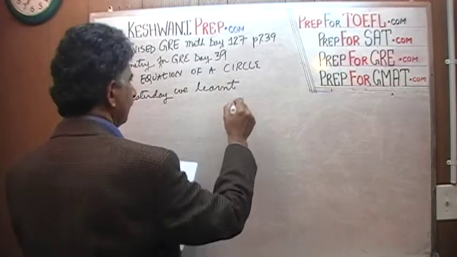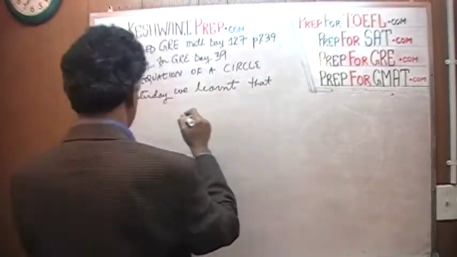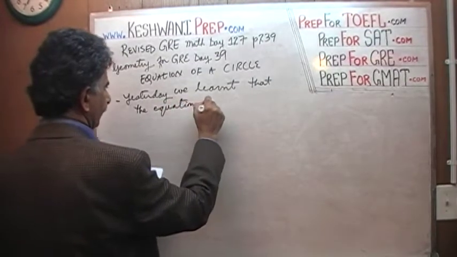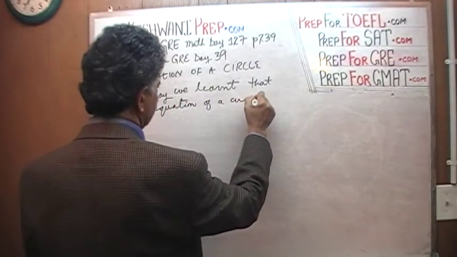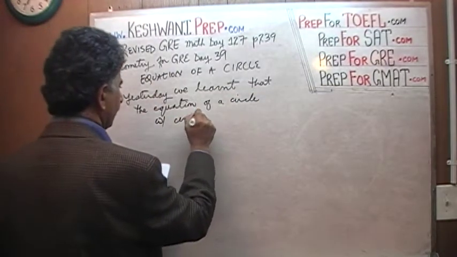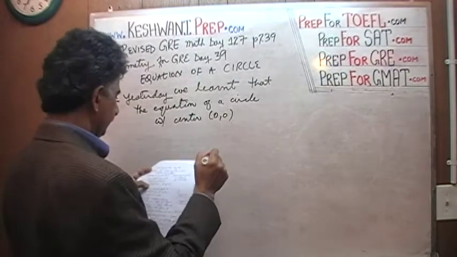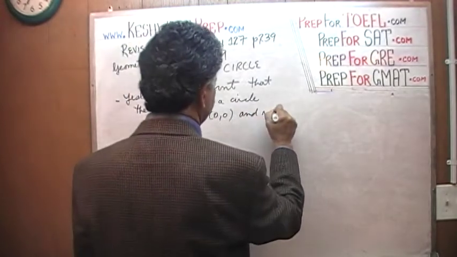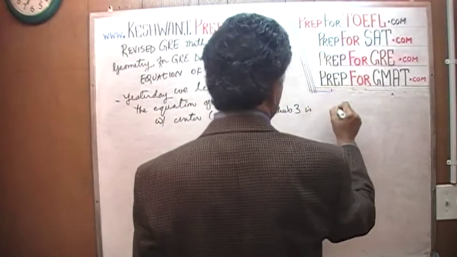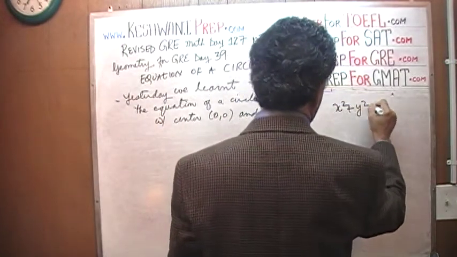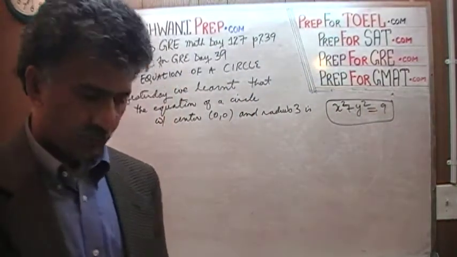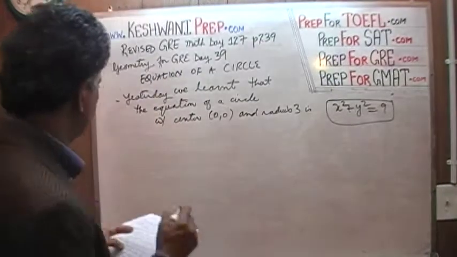We learned that the equation of a circle with center 0, 0 at the origin and radius 3 is x squared plus y squared equals 9. That's what we learned. What we're going to do now is